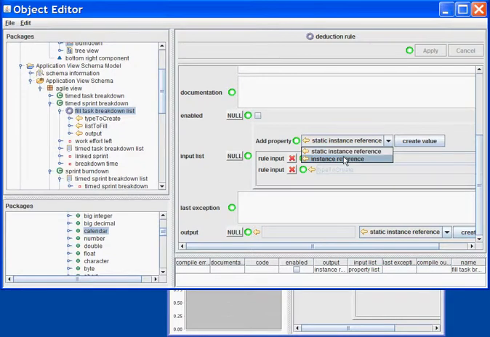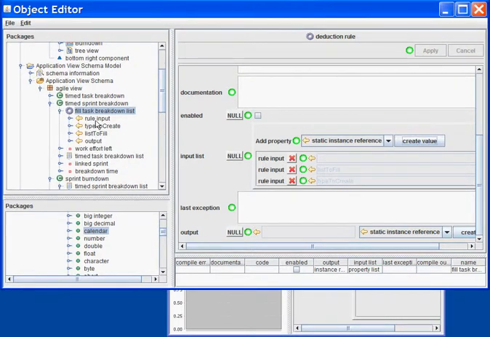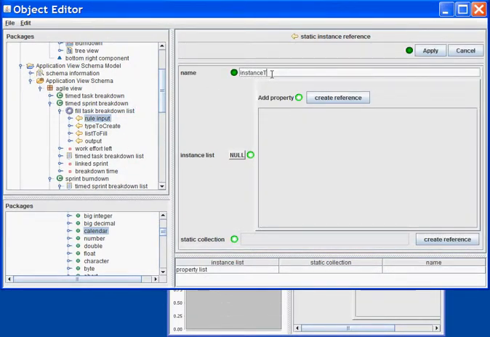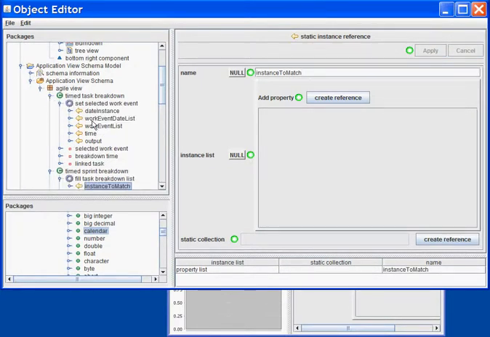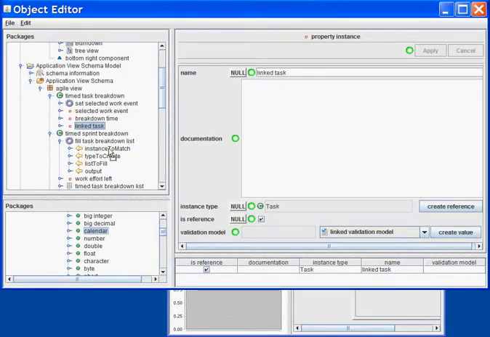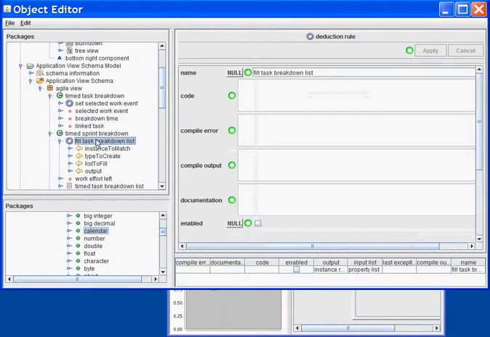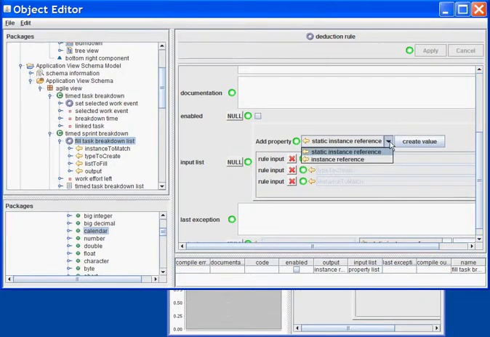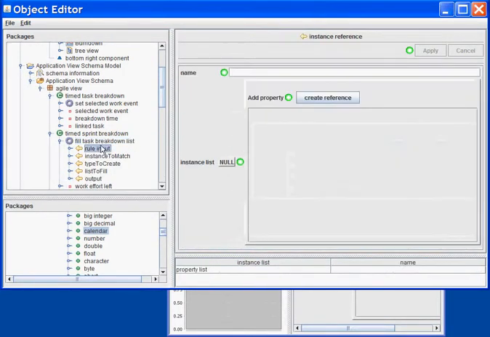I also need another static input for the instance to match. And the instance will be the linked task as the static collection. And the next but not least is the actual task list from which I will create every value. So here is the task list input,